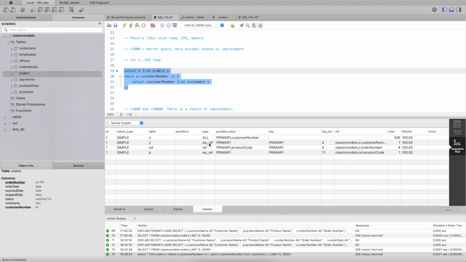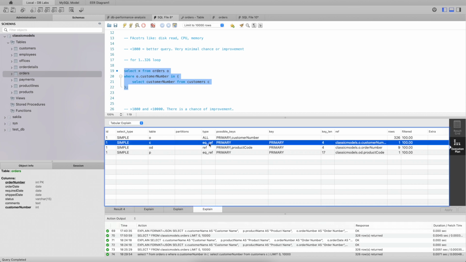What exactly this means is, this says that the reference table, if you are trying to join using the primary key, in that case, the type that will get applied will be EQ_REF, and it will perform the unique scan. Okay, I'll summarize. If you see the type as EQ underscore REF, that says that the reference table, in this